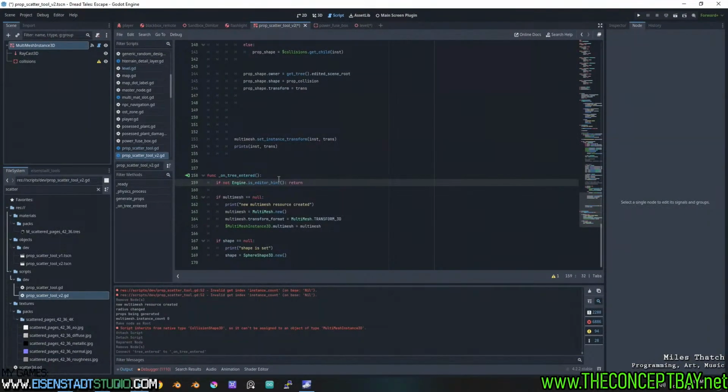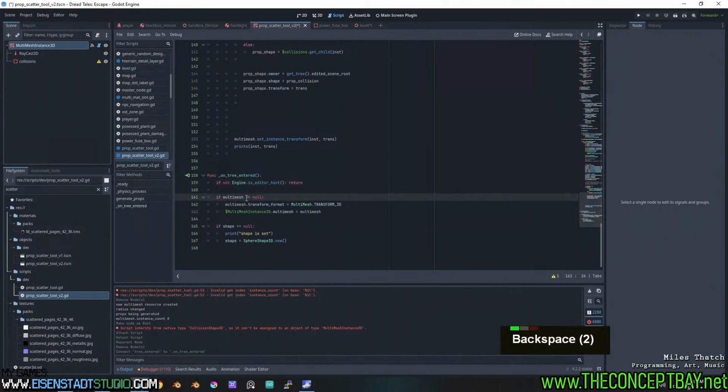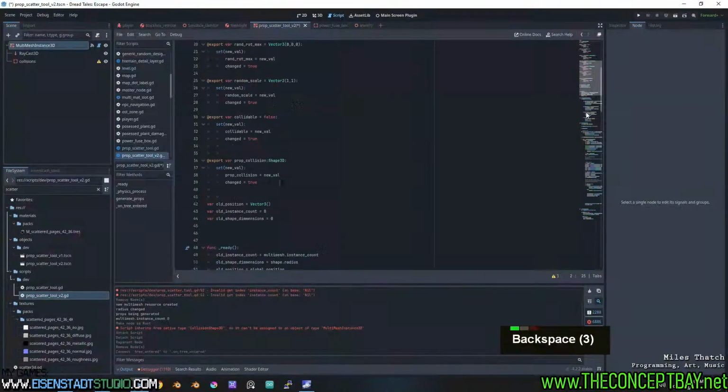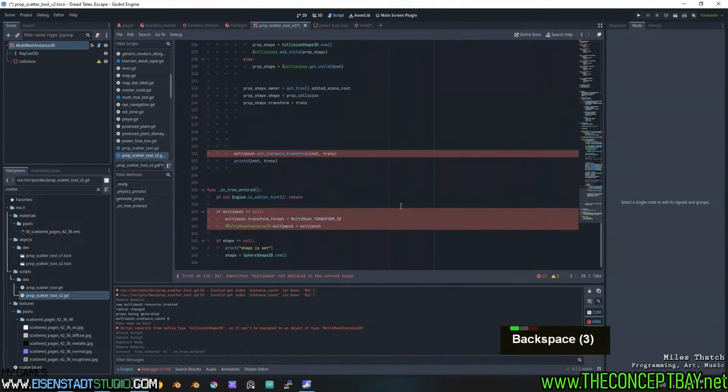There we go. Okay, so we don't need the multi-mesh node. If the multi-mesh is null, which by the way, we don't need an export variable for the multi-mesh because it has its own. Okay, if it's in the editor,